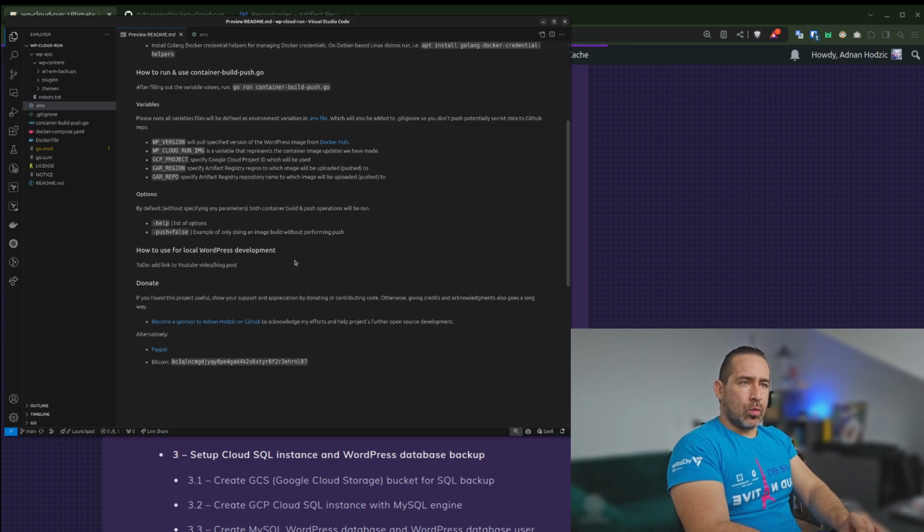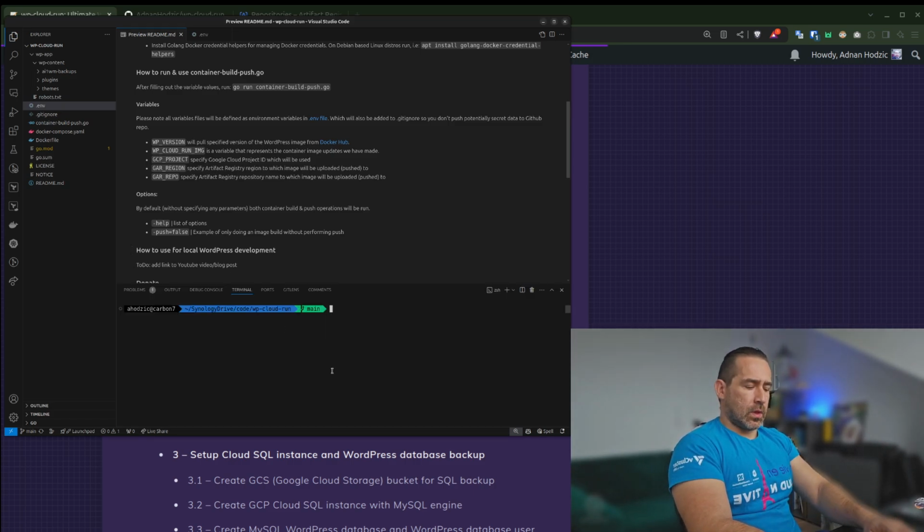So I will just open a terminal, and I will go run container-build.go. And in this case, I'll add the flag to not push it, just build it locally. So I'm going to hit run. Hit enter. And what it's going to do is pull that container image